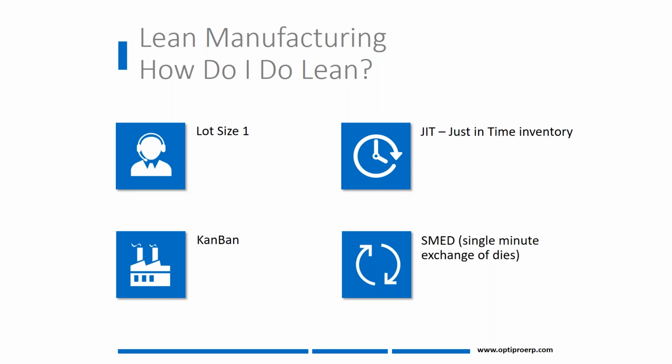Lot size 1, we've talked about that before. If it isn't sold, don't make it. Really that simple. There's a lot of things you have to do within your organization and your processes to get there, so that you can actually do this very, very effectively. But lot size 1 is a utopia, and you want to move your organization as much to that as you can. You don't want to be making 100 of this and 50 of that if really only 20 of it's sold or 5 of it's sold. So again, big opportunities here.